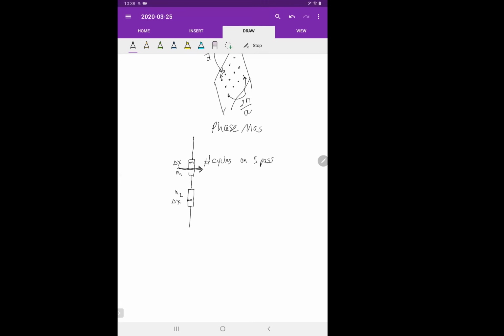This section is the phase mask. The number of cycles on one pass is going to be equal to d over lambda over n2. Oh, sorry, n1, my bad. And 1 over n is n1, so you get n1 d over lambda. And down here,